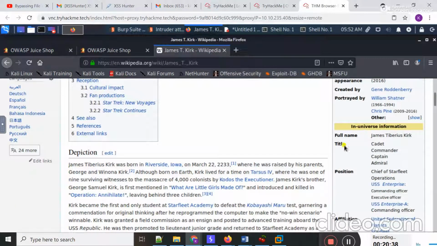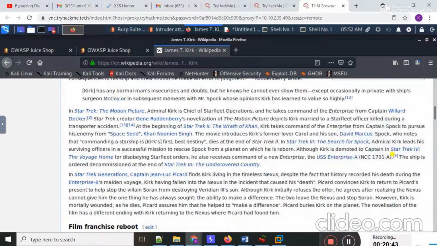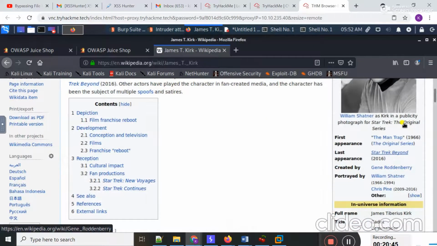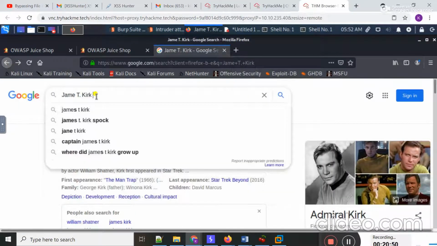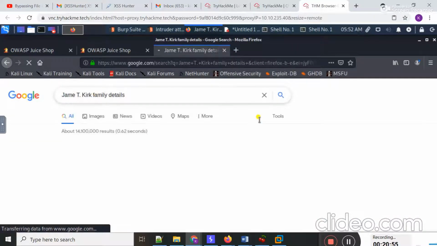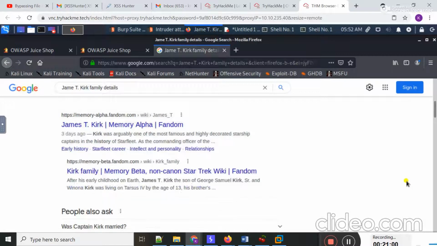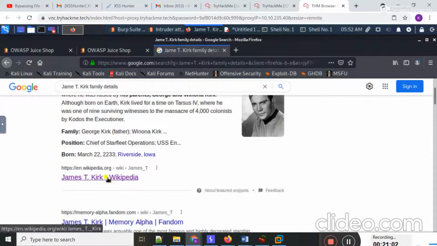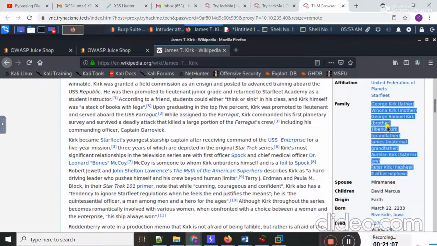You can see full name, title, position, affiliation, spouse, and if I try to find his family details, you can see all his family details are present here. His father's name, mother's name, his brother, and the rest of the other details are present here.